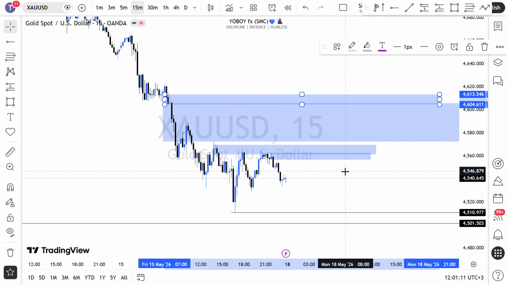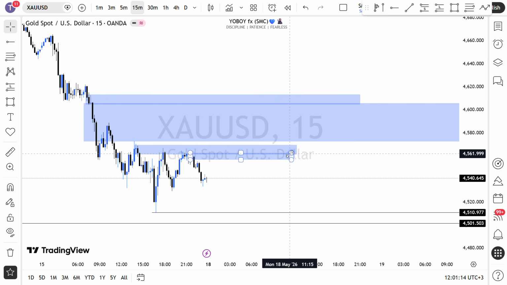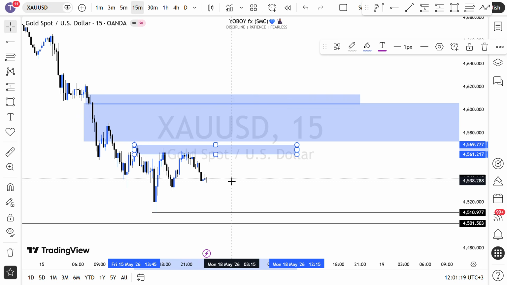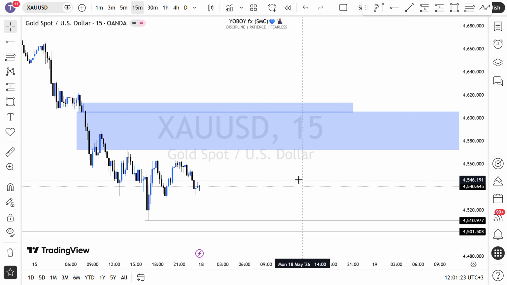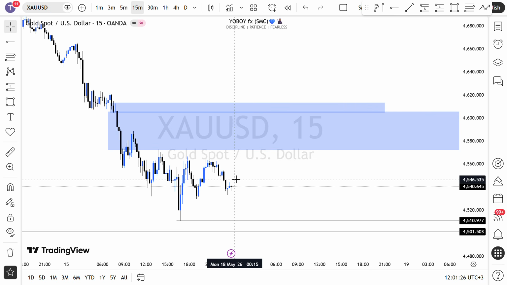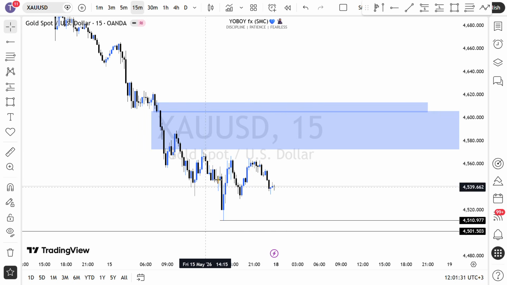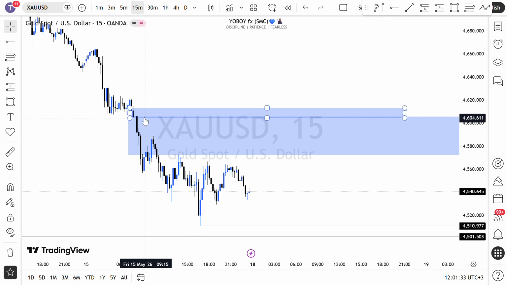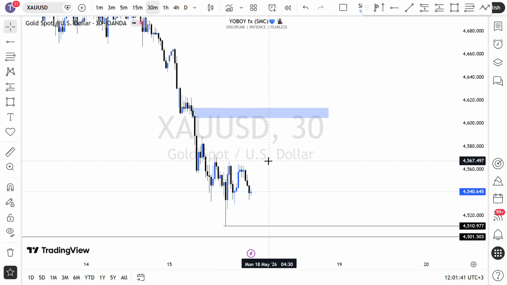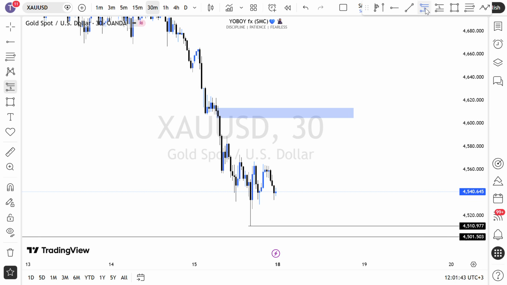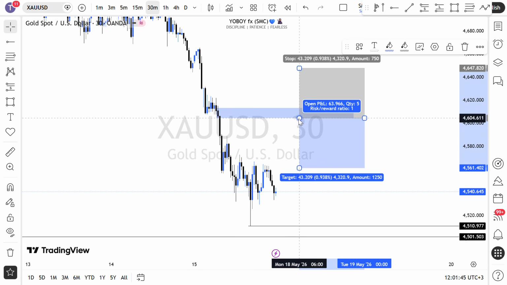So let us leave this behind. Let us leave this order block alone, because I don't think that is a very good point of interest to take a trade from. So let us consider this fair value gap here. I need to see price mitigating this fair value gap. Then let's say maybe take out all these highs as liquidity. Then we have this point of interest, and that will be my best point of interest inside the 15 minutes time frame. So that will be the area where I'll try to look for my selling opportunities from.